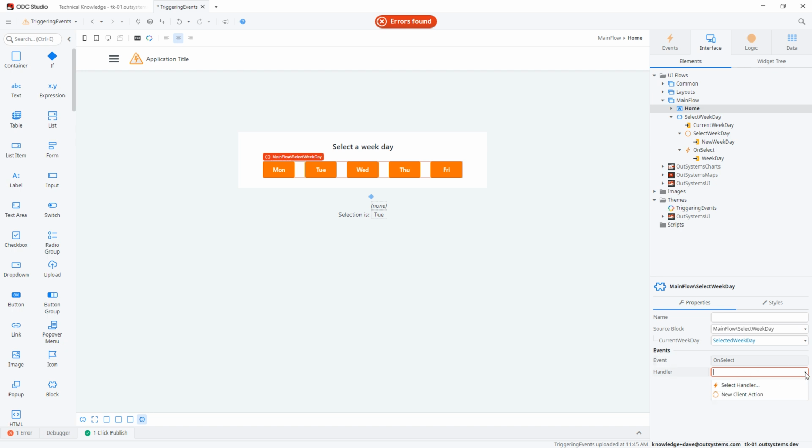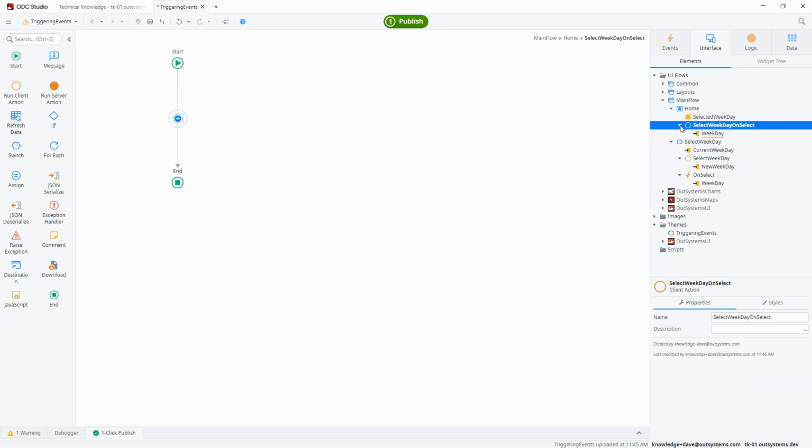To handle the event, we need to define a client action to execute when the event is triggered. In this case, we'll create a new client action. The handler created has the input parameter that holds the value sent by the block when the event was triggered. Inside this action is where logic can be defined to support the desired behavior for when the event is triggered